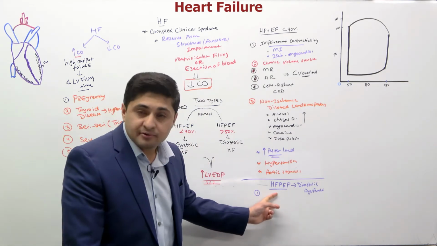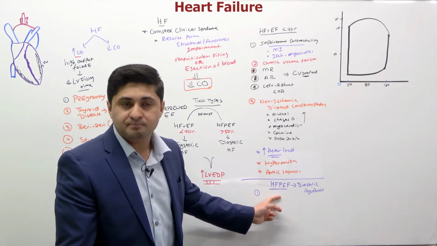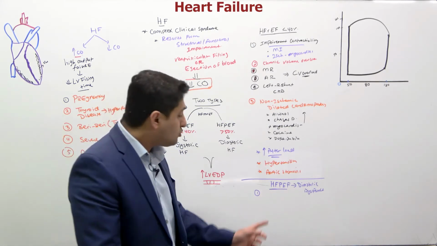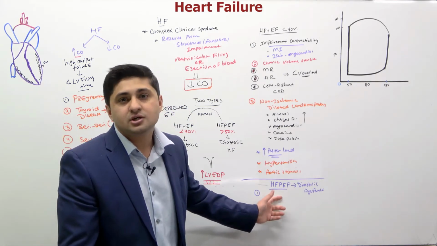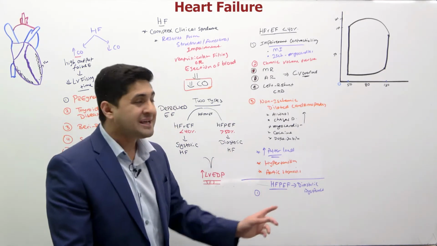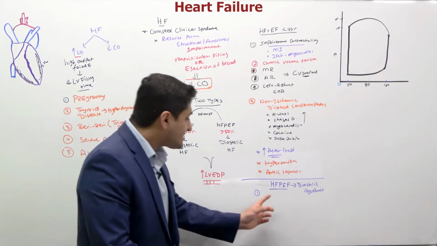But even though your ventricles are stiff or firm, usually they have a preserved ejection fraction, which means they have an ejection fraction that's usually normal. That is something you have to remember. Now, what are the conditions that can result in a preserved ejection fraction, or diastolic dysfunction? That's another type of